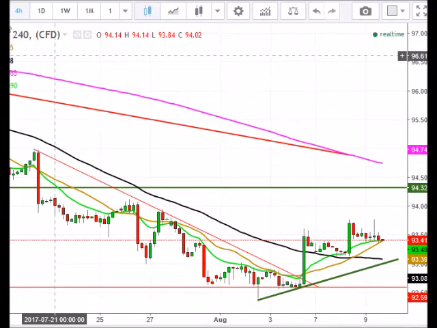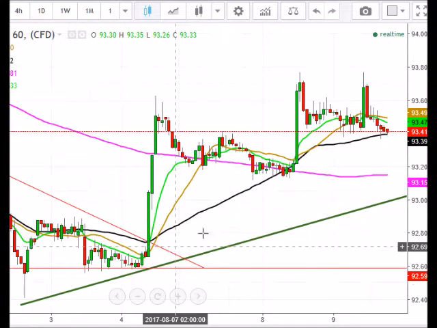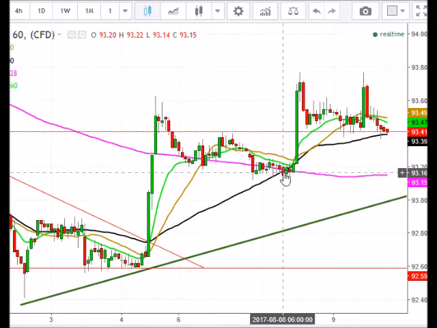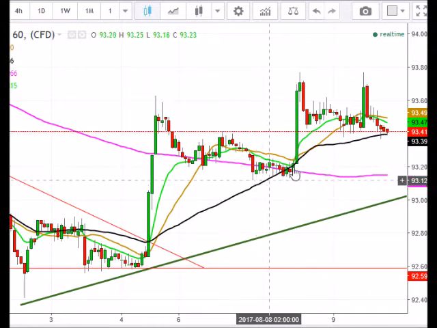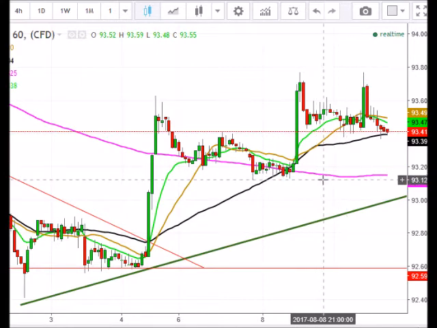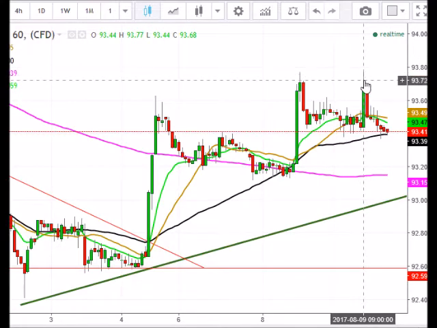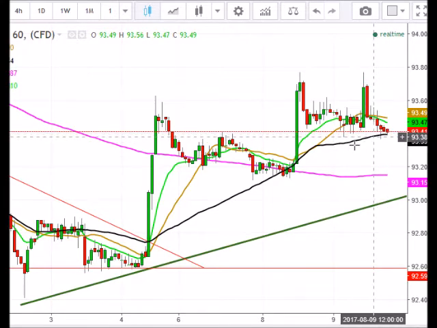So just dropping down to the hourly time frame to get an idea of what might be happening on a lower level. You can see here that again on the 1 hour time frame we did maintain support at the 200. We have a golden cross on the hourly time frame here, which is the 50 period simple moving average, the black line here, and then the 200 is right here shown as the pink. So again, you can see that we did try twice to get above this 93.75 level, both times rejected, and so now we are trying to maintain support above this 93.30 level, above this 50 period simple moving average.